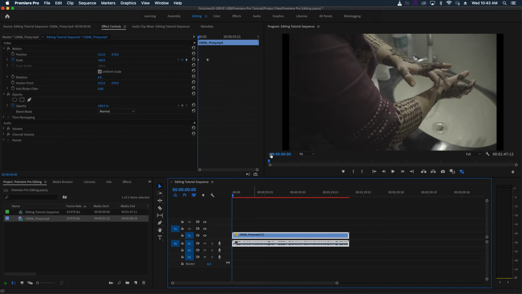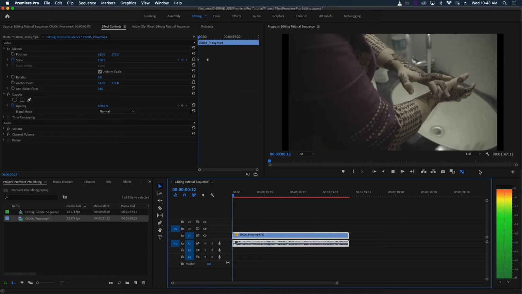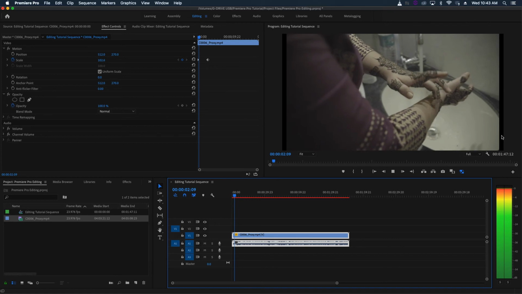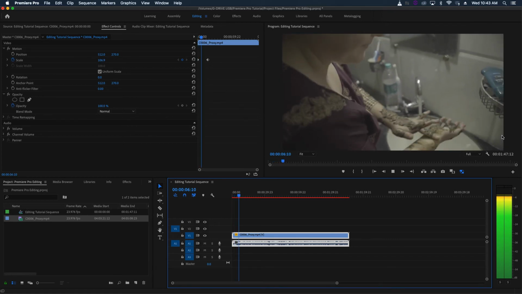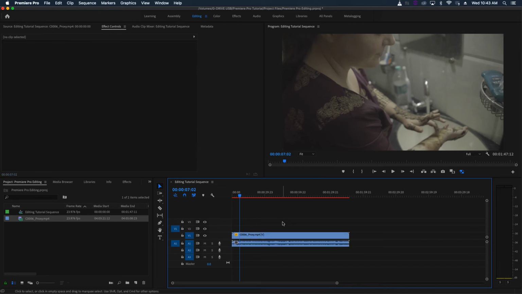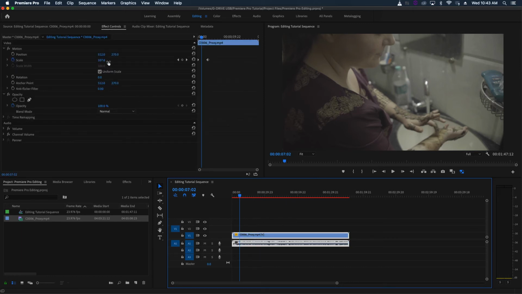I'll let you watch it again. Notice the black bars. The black bars are the one that's going to give it away. It's a little bit more of a subtle zoom, so you can't really tell, but the black bars are what give it away. So watch it again. As you can see, I'm zooming in. So yes, you might find that useful. I use that a lot for different things,